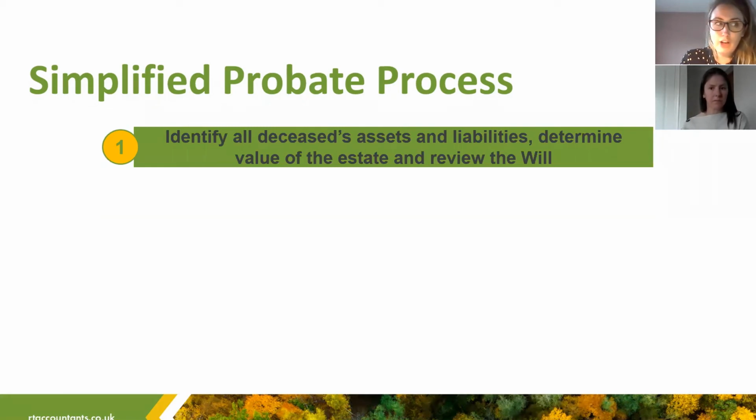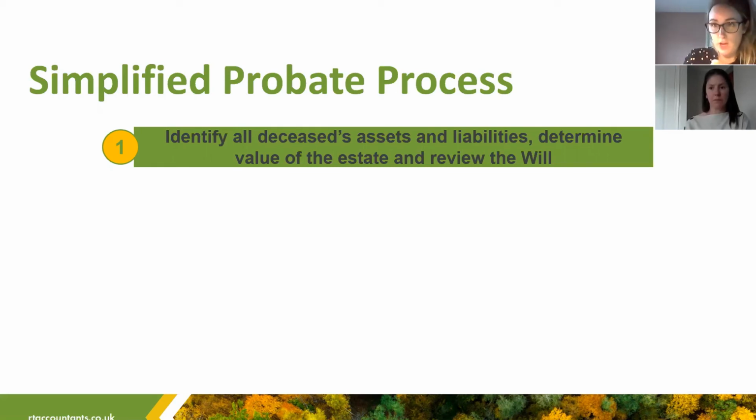This can often require a bit of investigative skills. A lot of us don't like to talk about death, like Kirsten said. We don't want to talk about our wills, we leave it to the last minute, something we put off. So we don't always know what our family has in terms of assets and liabilities. We actually have a useful checklist which we can send out to everybody, where you can keep all your useful information together, and then that can be kept with your will, and is really useful for your executors when it comes to that point.